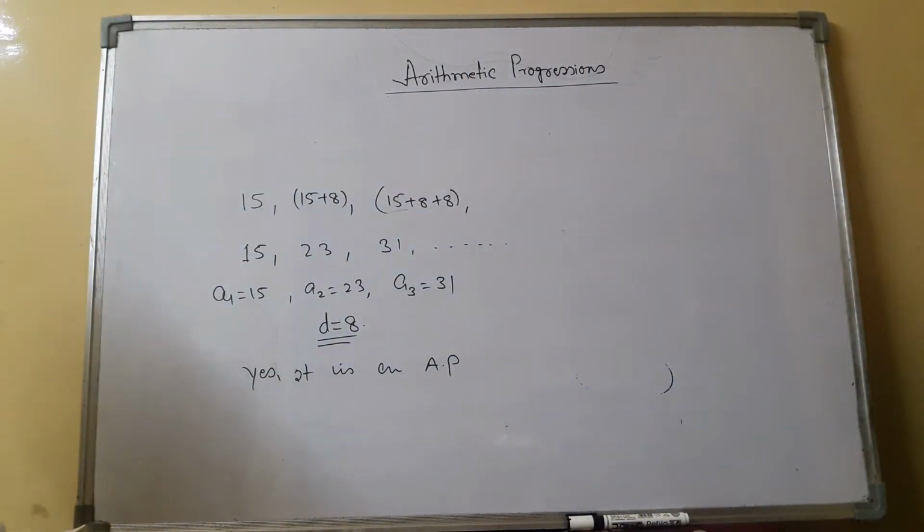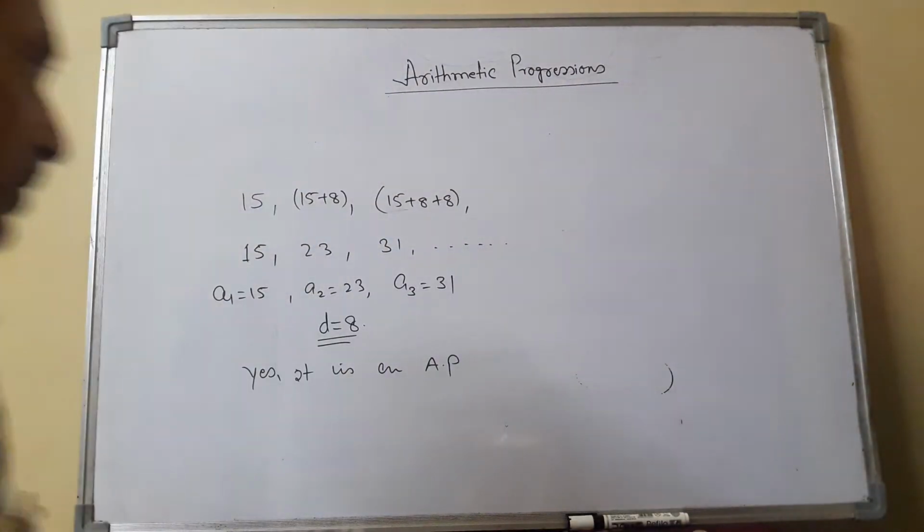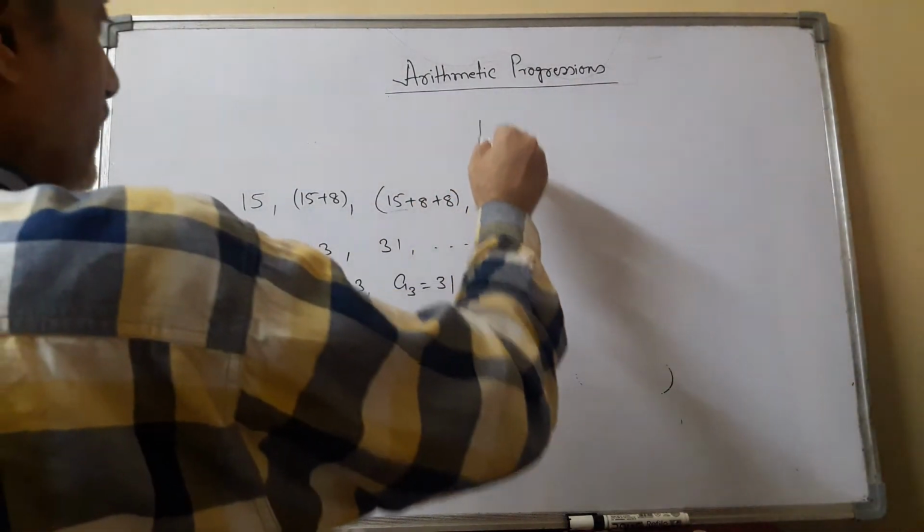Now let us see the second part of question number 1. The amount of air present in a cylinder when a vacuum pump removes 1/4 of the air remaining in the cylinder at a time. So how to solve this?